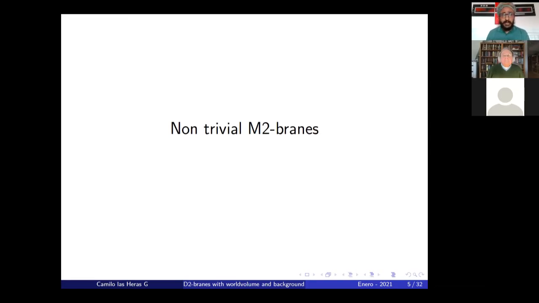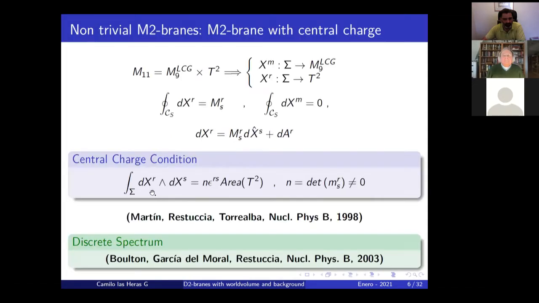Before I mention this, I would like to say that it is known that de Wit, Lüscher and Nicolai found that M2 branes have a continuous spectrum. After this work, the community abandoned the idea of thinking of the M2 brane as a fundamental object of M theory. Toroidal compactification does not improve the spectral behavior of the theory, but in the 90s, a special sector of the theory was defined by Martín, Restuccia and Torrealba by the imposition of a topological restriction